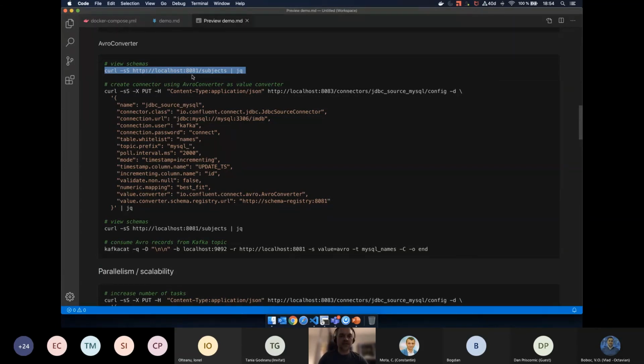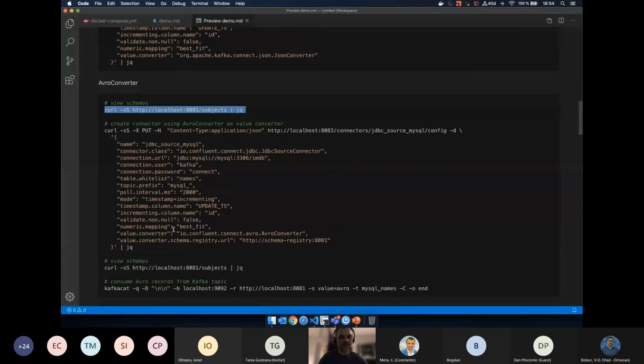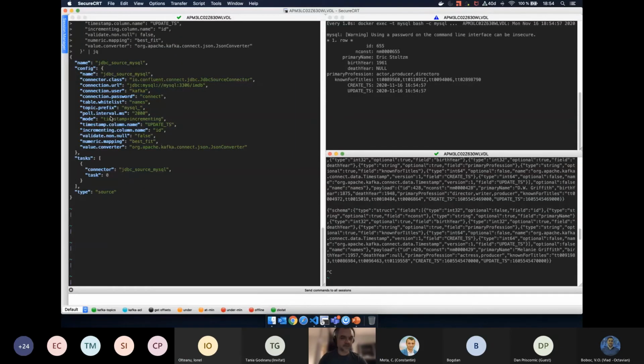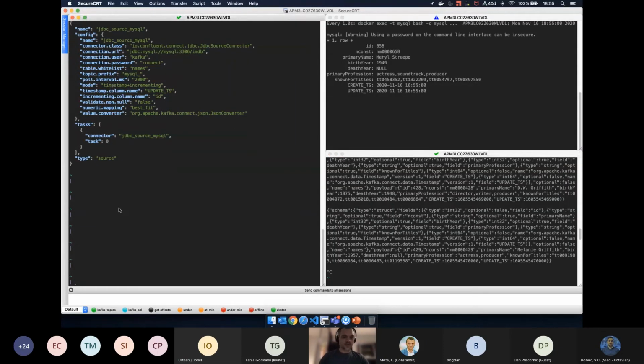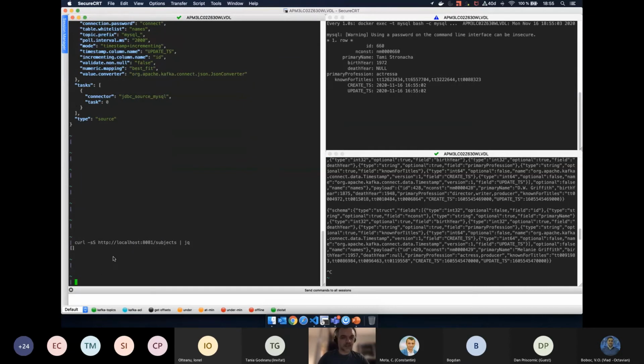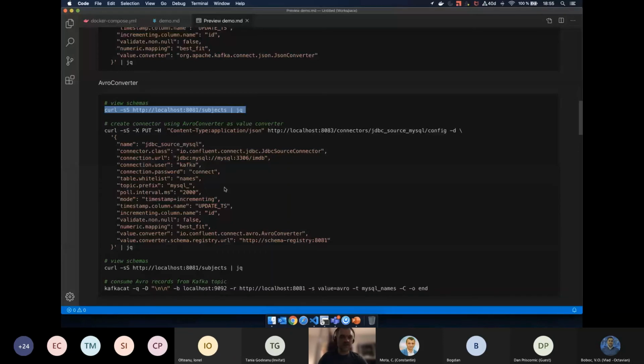First of all, let's check if we have any schemas registered in our schema registry. I forgot to mention, most of the calls are made against the localhost. This is because I've mapped the services running on containers to my localhost, just to make it easier to run these commands. So we do not have any schema registered in our schema registry.